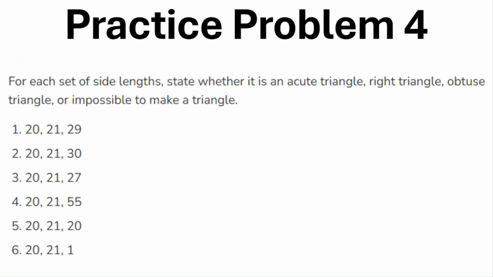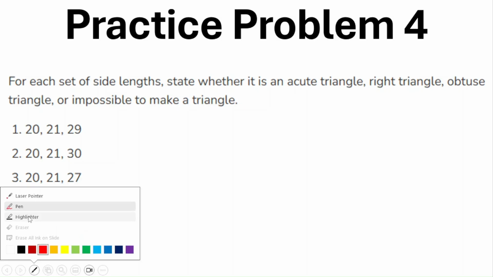Practice problem number 4. For each set of side lengths, state whether it is an acute triangle, right triangle, obtuse triangle, or impossible to make triangle. So let's check that last part first. Remember, if we are going to make a triangle, then the two short sides must add together to be greater than the third side. And if you look at numbers 1 through